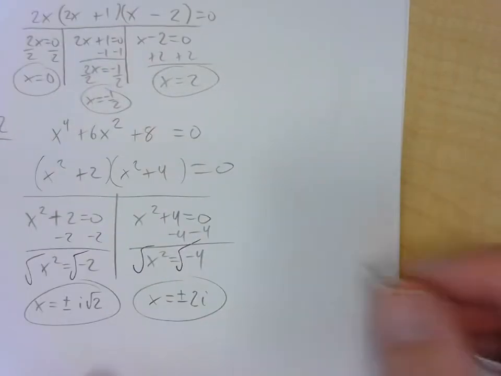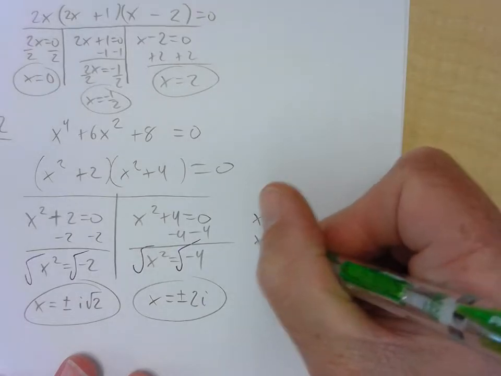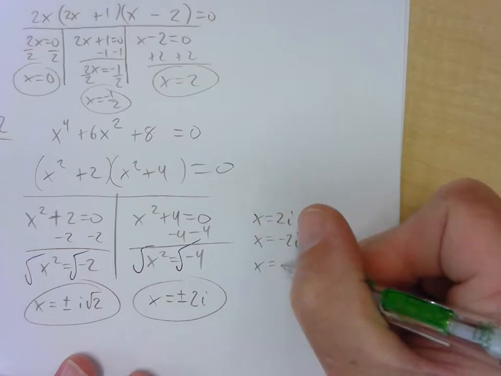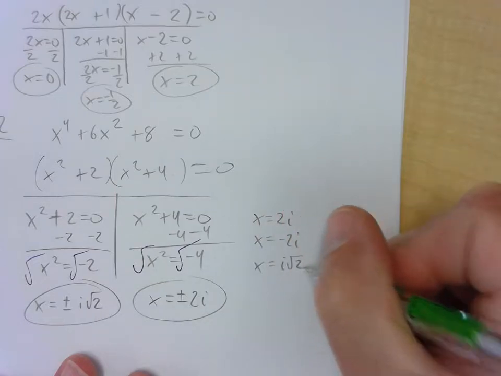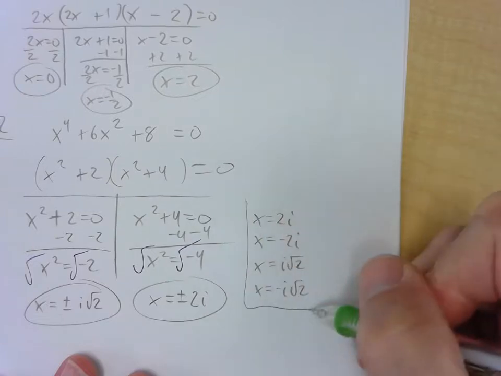I'm going to emphasize those 4 solutions. They are x equals 2i, x equals negative 2i, x equals i radical 2, and x equals negative i radical 2. So there are 4 solutions,